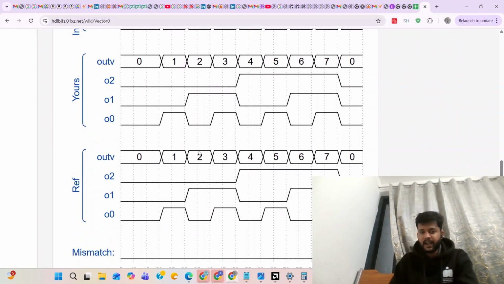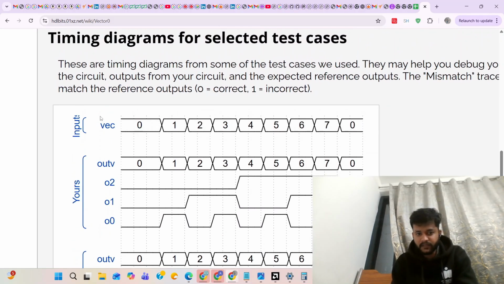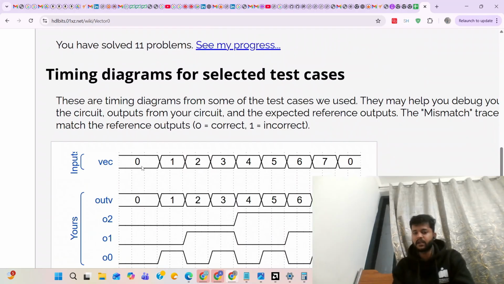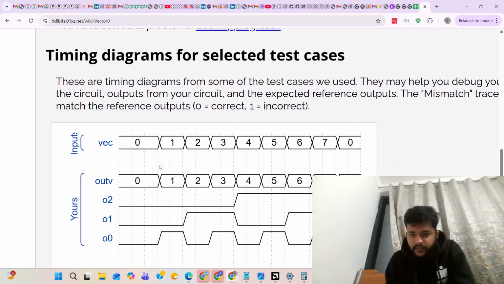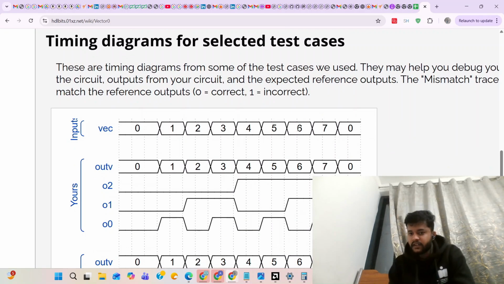So the input vector was this thing. It was a combination of 3-bit input. Yeah, so this is 7, 6.